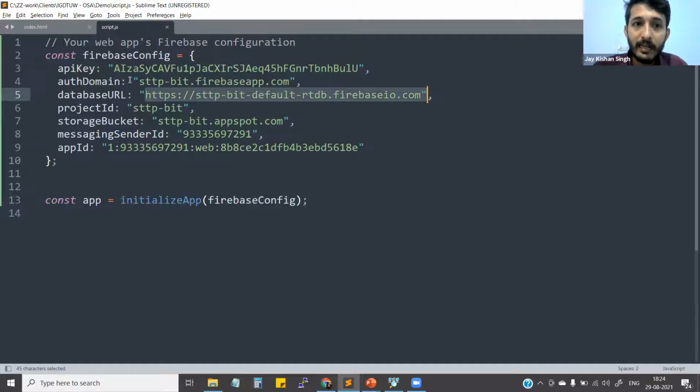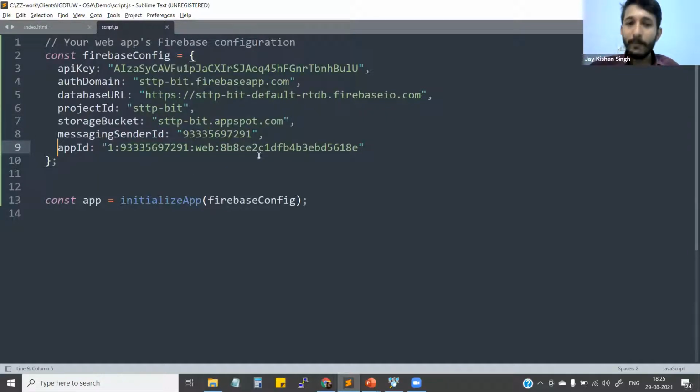And this is, again, the domain that we have for our application, right? Okay, fine. My project ID is http://. Again, it can be anything. It's not very important right here. Again, the storage bucket: we are not using it, but by default it's available here. Like I mentioned, we have a lot of other features available in Firebase, but we are not using all those features, but these are the default credentials which we have available. Even if you remove it, it's not going to cause us a problem, right? So again, the messenger ID is available right there.